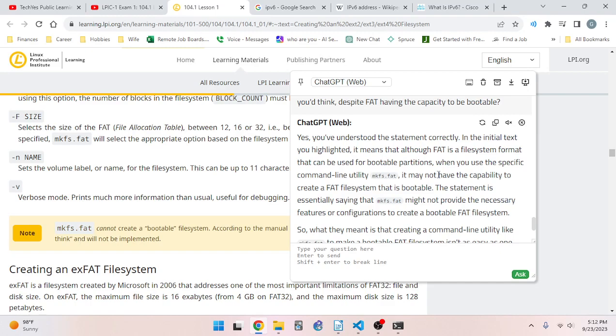Yes, oh, okay, yeah. You've understood the statement correctly. Good. In the initial text you highlighted, it means that although FAT is a file system format that can be used for bootable partitions, when you use the specific command line utility mkfs.fat, it may not have the capability to create a FAT file system that is bootable. The statement is essentially saying that mkfs.fat might not provide the necessary features or configurations to create a bootable FAT